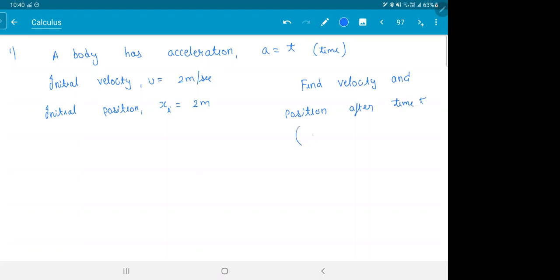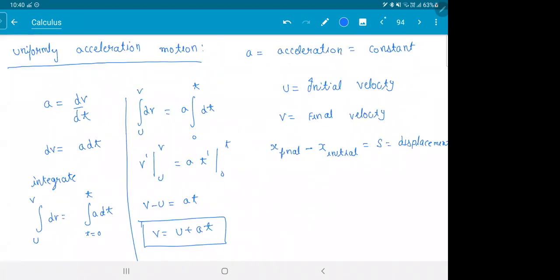They'll simply give it like this: find v of t and x of t. Now, what you need to do? See, go back here. Now, the only difference is the placement of a, t will come, no? So this won't come out of the integral now. Then you have to integrate this. Are you getting that the whole thing will change from here? Now you have to repeat all the steps. So just go back to the derivation which I did right now and just put a is equal to t and integrate from the beginning.